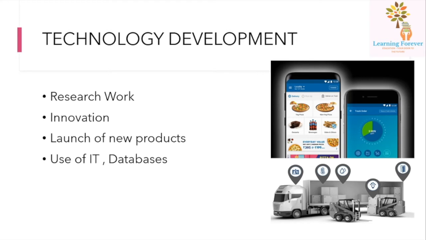And next is use of IT and database. They have the app and the web version of it, and they do keep uploading and updating their website, and they do have their tracking order system as well, which is up to date. And they use temperature controlled trucks. When the ingredients are sourced from one particular location, they are sent from city to city through temperature controlled trucks, which we'll be looking at in the further slides.